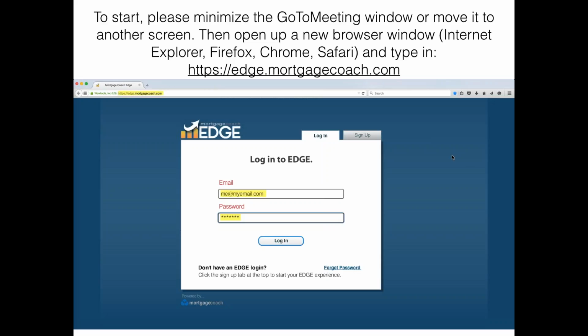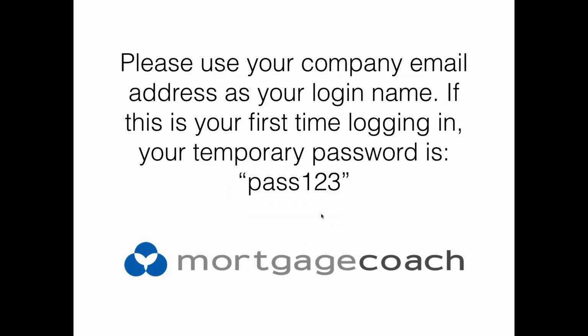Through the presentation. And make sure that you put your company email, and if this is the first time logging in, you will be prompted to create your own password. The temporary password should be set at pass123. And once you've done that,